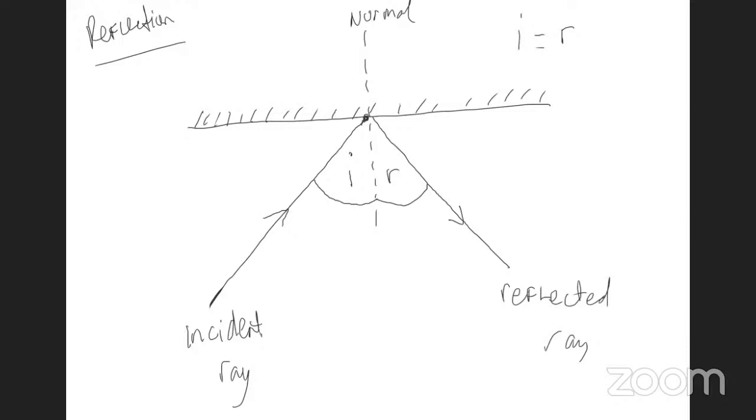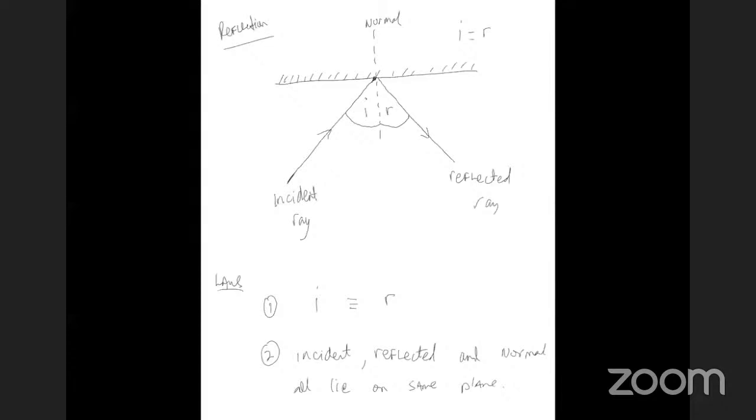Right. So as I said, we talked about reflection and refraction, and the main law is what? The main law is angle of incidence equal to angle of reflection. So anytime you see reflection, those two angles are equal. Then we talked about